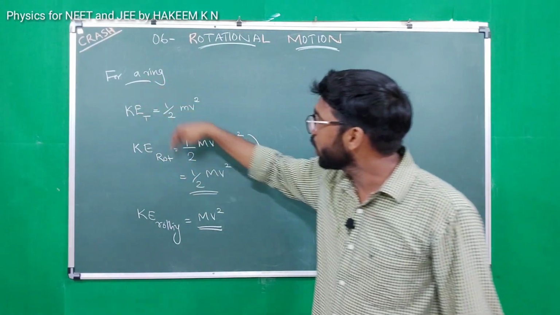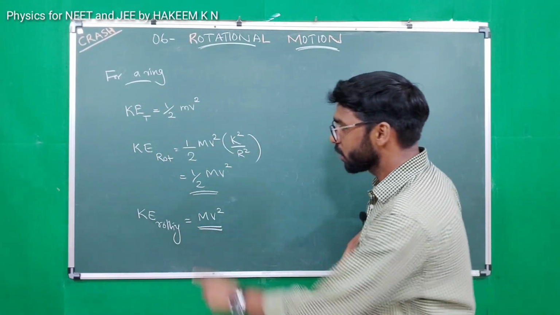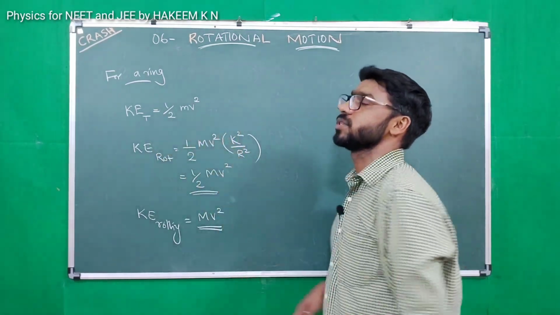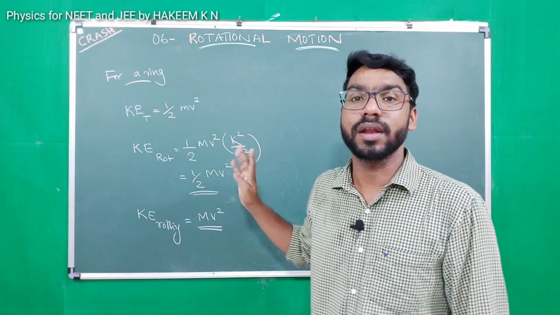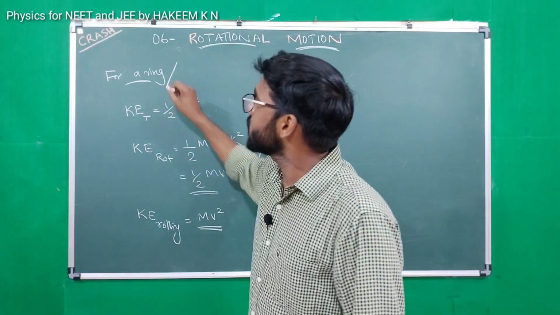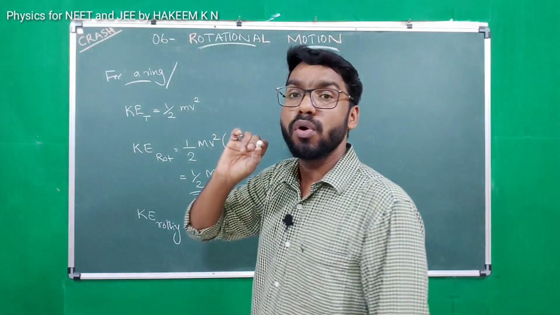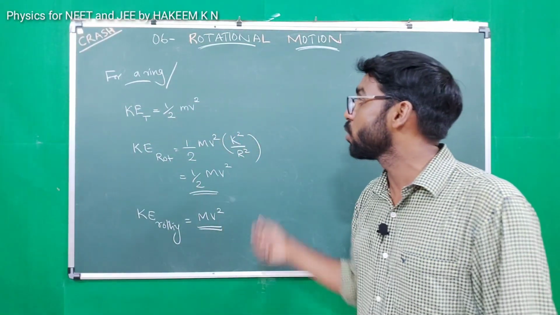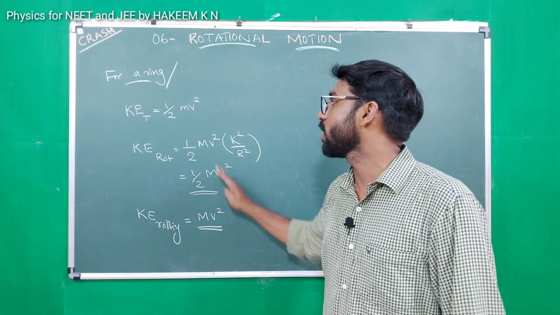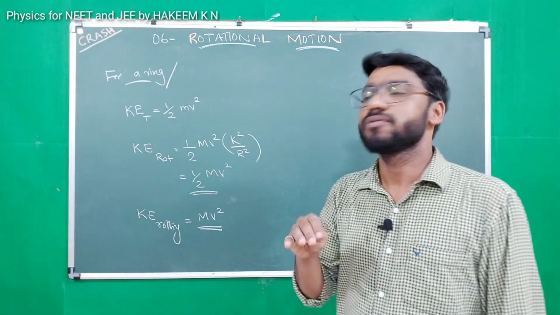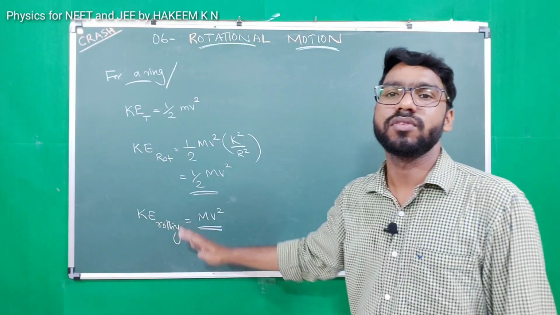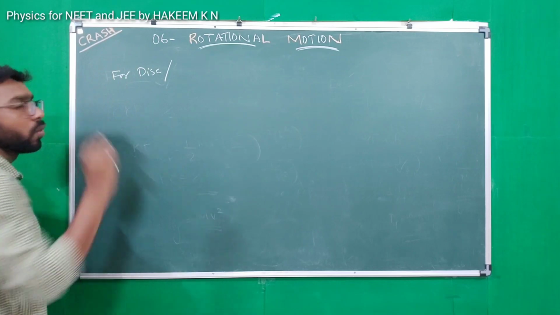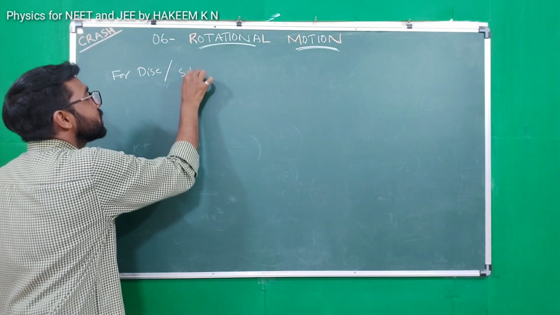Once more, during rolling, 50% kinetic energy is rotational and 50% kinetic energy is translational for a ring. This condition is the same for a hollow cylinder. So we can say for a ring or a hollow cylinder, kinetic energy of rotation and kinetic energy of translation are each 50% of the kinetic energy of rolling. For a disc or solid cylinder,